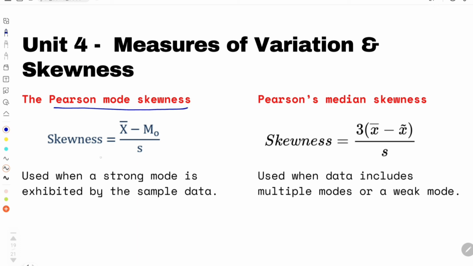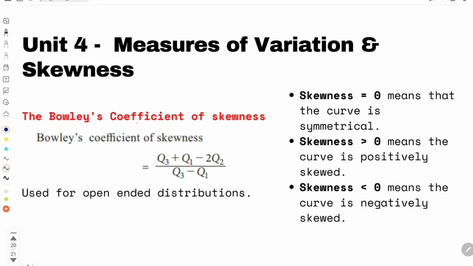We can use the Pearson's mode skewness, where skewness is equal to the mean minus the mode divided by standard deviation. And for median skewness, we do 3 times mean minus median divided by standard deviation. Now, we use Pearson's mode skewness when we have a very strong mode. If we have a weak mode or multiple modes in our data set, then we go for the Pearson's median skewness. We also have Bowley's coefficient of skewness, which is used for open-ended distributions, and that is